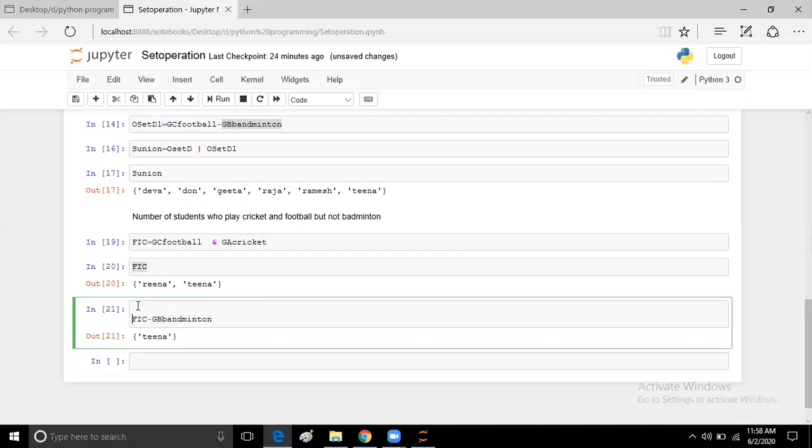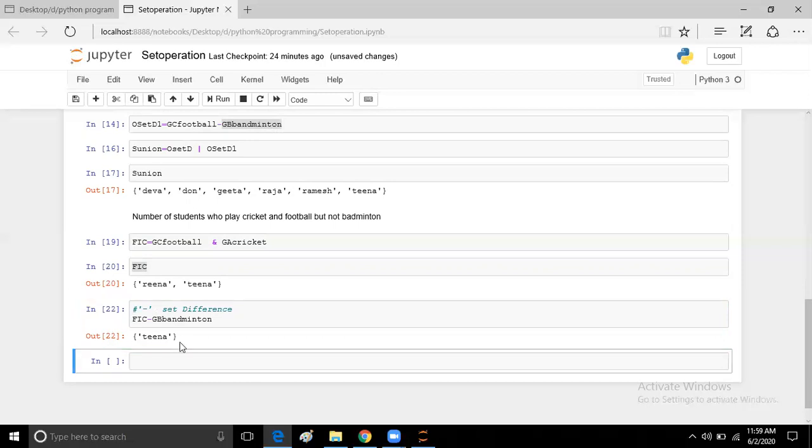If you have difficulty remembering which operator to use for what, you can write a comment here: the minus operator, you may use the minus operator for set difference purposes.